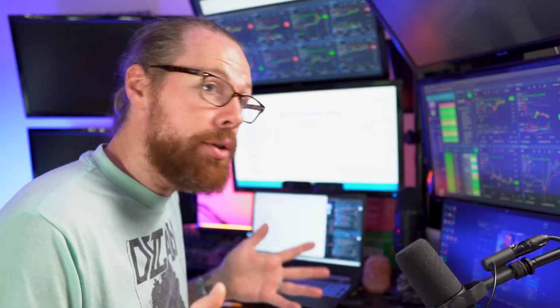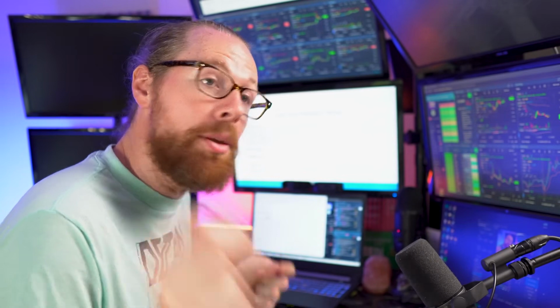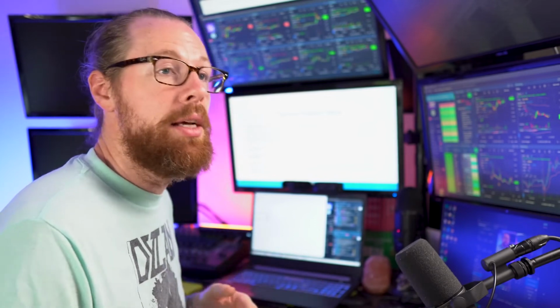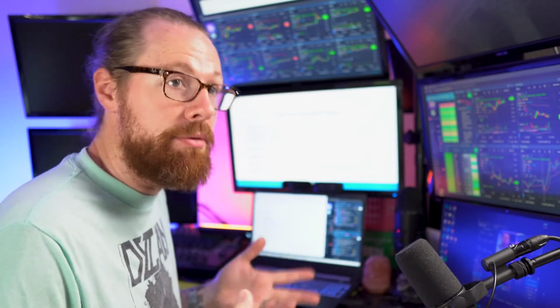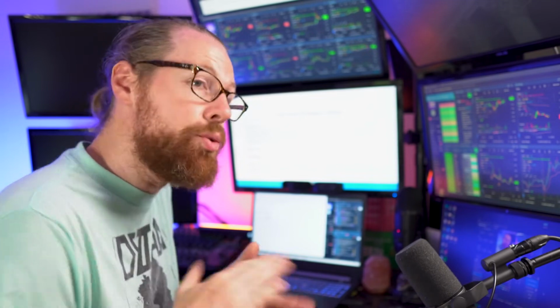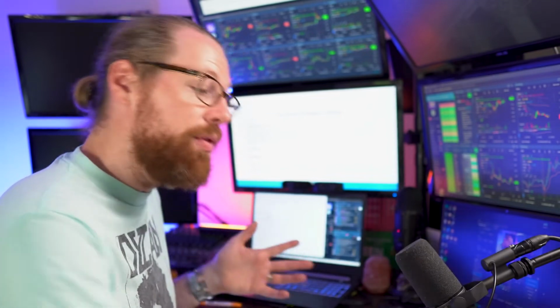A successful trader loses. The ones who are the most successful are the ones who are the best at losing quickly. Cut your losses and move on to the next trade. You do not want to hold and hope. You don't want to average down. You're going to make the situation worse. You just ruthlessly cut it and then move on to the next trade.